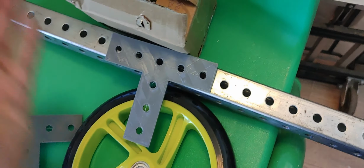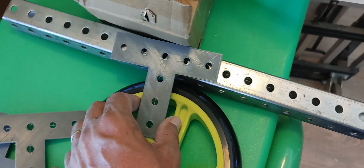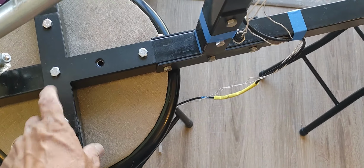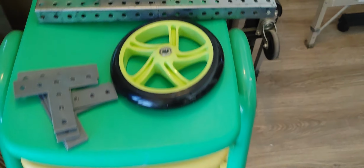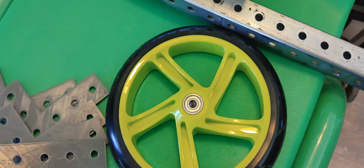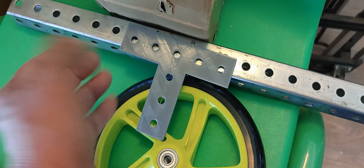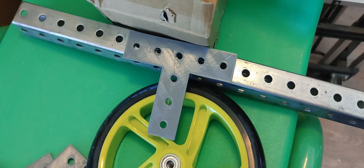And the one vendor that I stumbled upon, it's like $13 for a bracket. It's too much. I paid $30 for a set of 6 of these brackets right here, and these are a lot bigger. So $5 a bracket would be more like it, but $13 is just way overkill. So there's no way that I would be buying those brackets. However, if somebody has the capability of die stamping these brackets, $3, $4, even $5, I'm willing to pay for one of these, per piece. I think that's more in line with